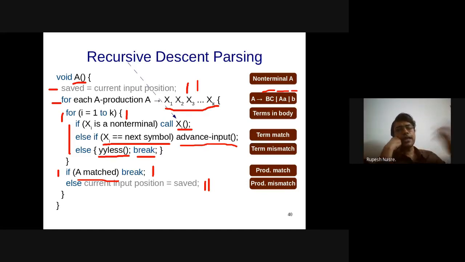That means the latest token I am going to read again when the parser asks for it, whatever you had read earlier is going to be read again. This happens because you are looking ahead, so you are consuming the next token. And once I have consumed it, I found out that this is not the right token for this particular production, so let me go back, and therefore YYLS takes care of it. If you assume that the unconsuming is also happening in the saved state, then you don't need YYLS also.